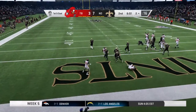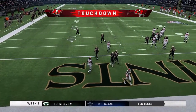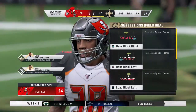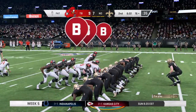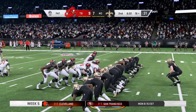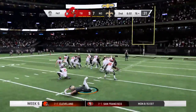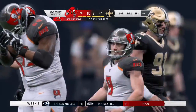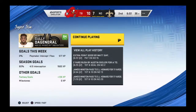6-6. And he's in. Touchdown, Buccaneers. Austin Eckler, his third touchdown now on the year. And the Bucs have taken the lead. Oh, Brandon, he just followed his nose, and his nose took him to the end zone. But how about the big guys up front? Give him at least a stalemate in order to find...